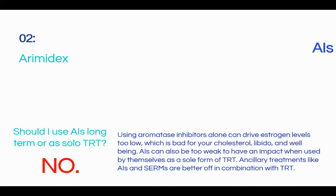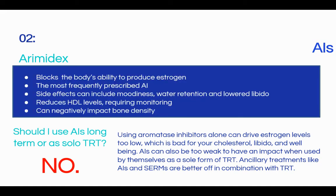It blocks the ability of the body to produce estrogen, and unfortunately, it does have its own panel of side effects. So, using it long term may cause you to not be able to balance your estrogen levels, and you might experience moodiness, low libido, and moderate tension. Even when it is working, Arimidex long term reduces good cholesterol and bone density, leading to osteoporosis. So long term, we want to taper off it, and have a doctor monitor and keep an eye on some blood lab tests